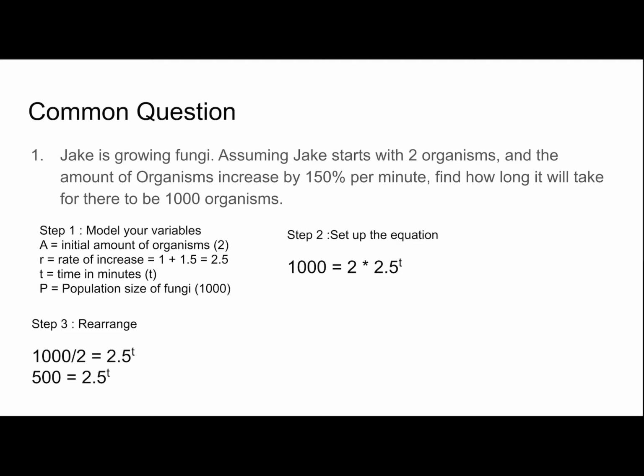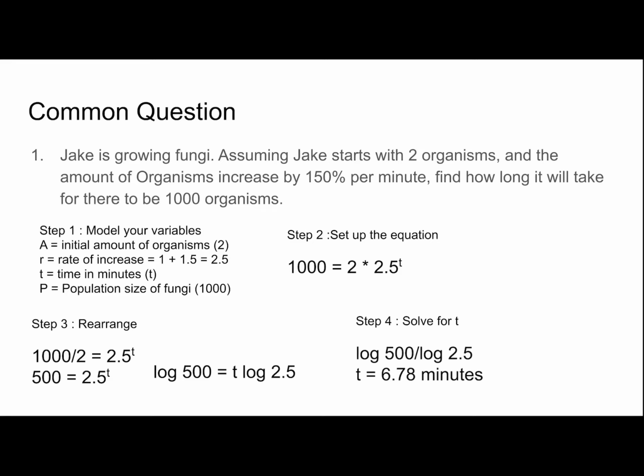Now remember, going back to a few slides before, we have an outcome and we have a base to the power of an unknown. So now we need to use our log rules. We need to take the log of both sides, and we can solve for our t. So log of 500 equals, taking the power down, t times log 2.5. Therefore t equals log of 500 divided by log of 2.5, and that should give you your answer as 6.78